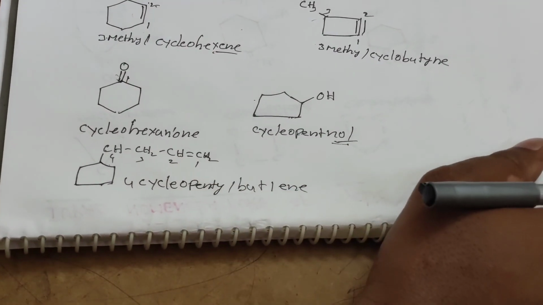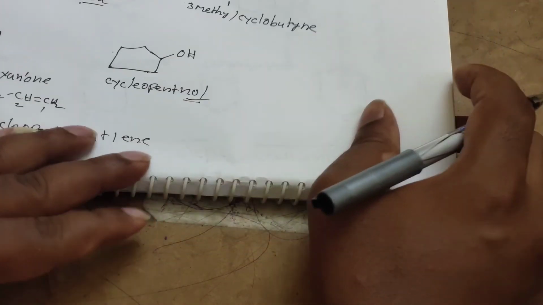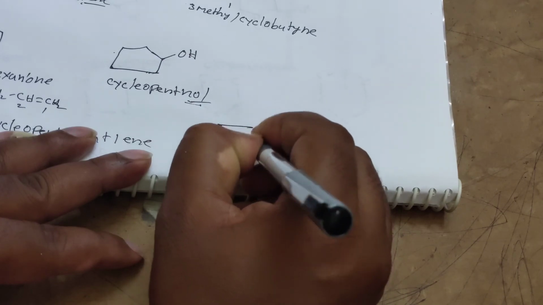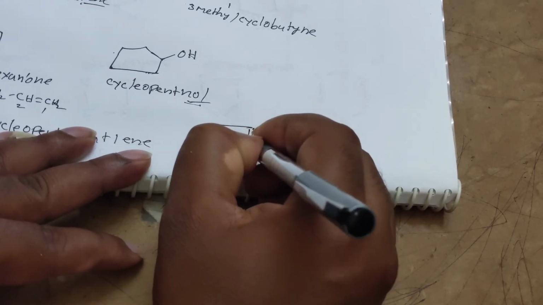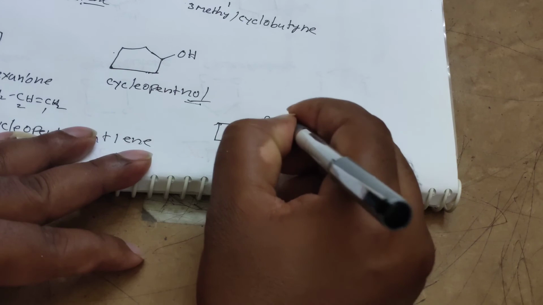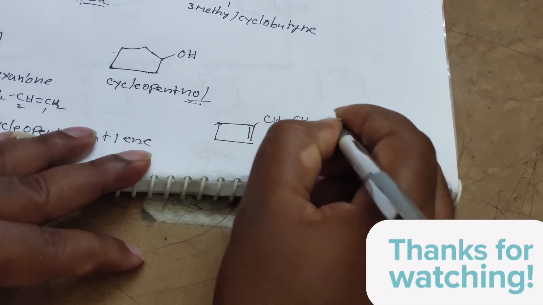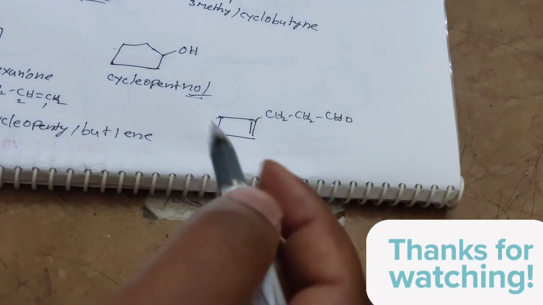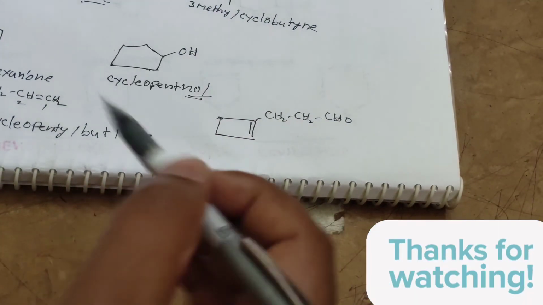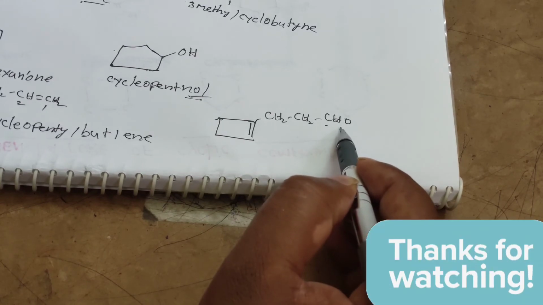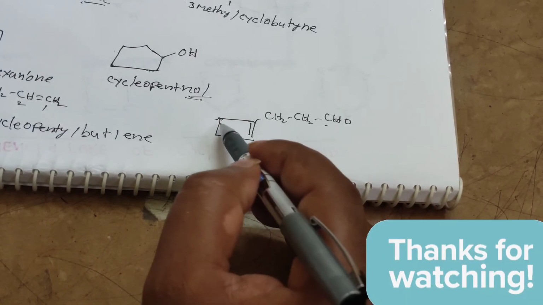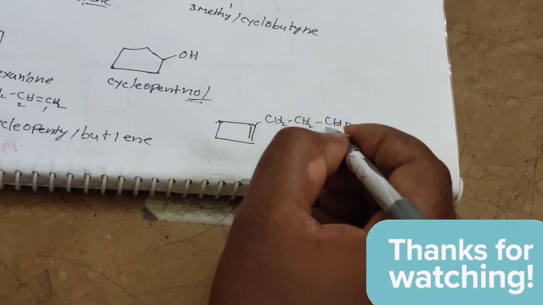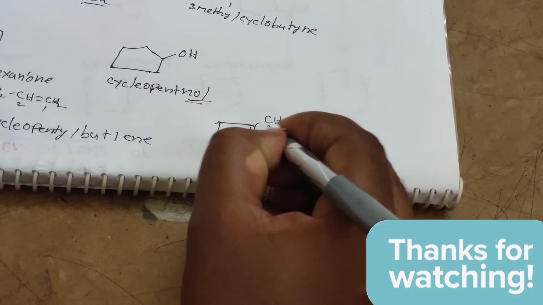And one more example, here I am taking cyclopropane. In the cyclopropane it has the double bond, along with that CH2 and CH2 and CH. I am writing one example. And how do we give the naming of this compound? They have the aldehyde as the functional group, and in the cyclic compound they also have the double bond. So this time I am giving the numbers 1, 2, 3.